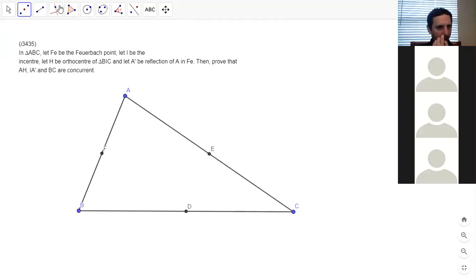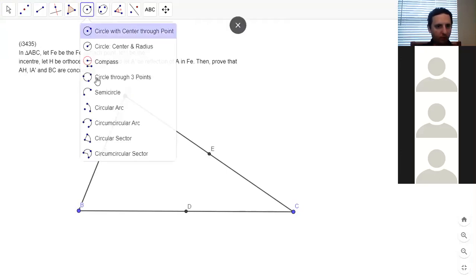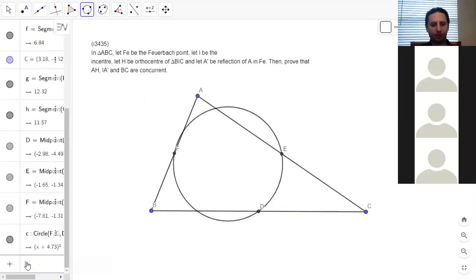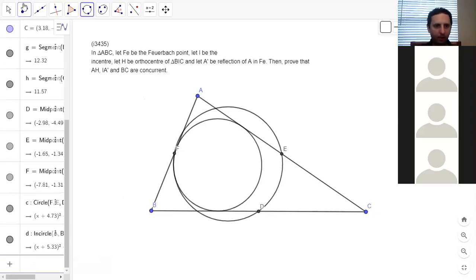DEF, here's the 9-point circle. And then let's draw the incircle. I forgot the proof of the Feuerbach point, just the existence of it. I think I could probably recreate it, but